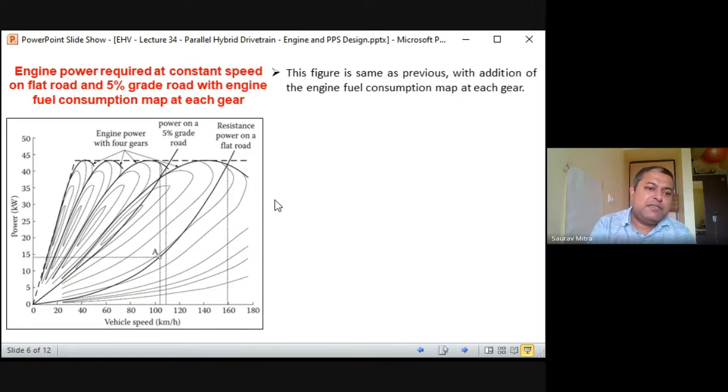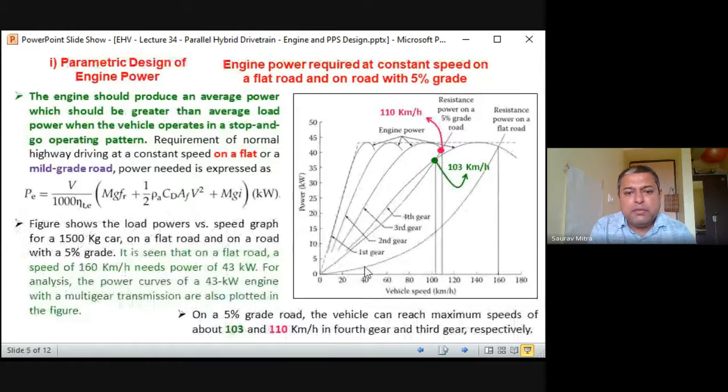What is this saying? Let's say fourth gear. Fourth gear, if you are finding that there is a best response, so this is the top of the efficiency. So here you are finding a contour here. Okay, so in fourth gear, you can drive the vehicle from 0 to 180 kilometers per hour. If you go here, you'll find that this is a fourth gear curve. It is starting from here, and it is going up and coming down. So you can drive the fourth gear from around 30 kilometers per hour up to 180 kilometers per hour.